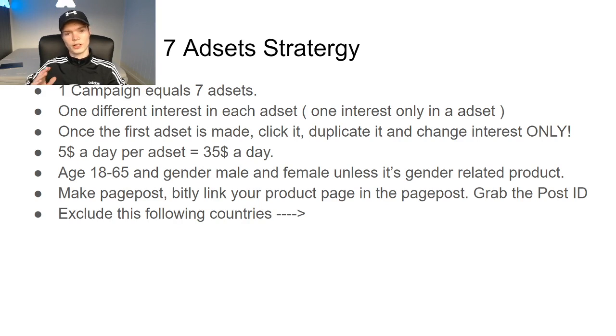If you're running at 5, it's going to be $35 a day, and if you're running at 10, it's going to be $70 a day. But still, a $5 a day ad set should run for 48 hours, which means it's going to be $10 in at the end of each ad set anyways. And a $10 ad set you could run for 24 to 30 hours, so you're going to spend approximately the same anyway. So I'd highly recommend getting those $10 ad sets, because it's going to make it easier to get 3 sales in an ad set when you're going to scale, and we'll get into that in a second, guys.